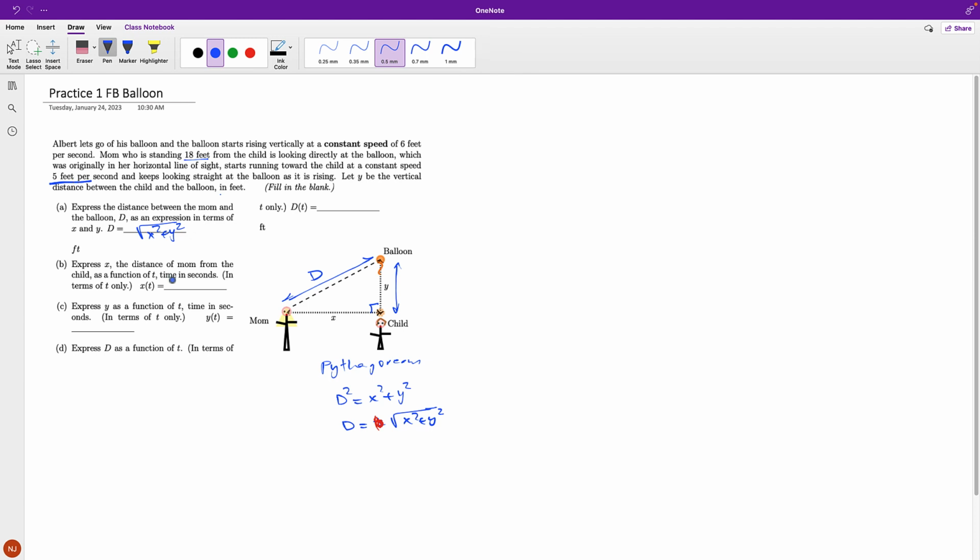So there is the 18 feet, the original. If you think about the function that tells you the distance according to constant velocity, there's the original distance, and then here the distance is decreasing by 5 feet, so there's a minus 5 times t. So again, because velocity is constant,